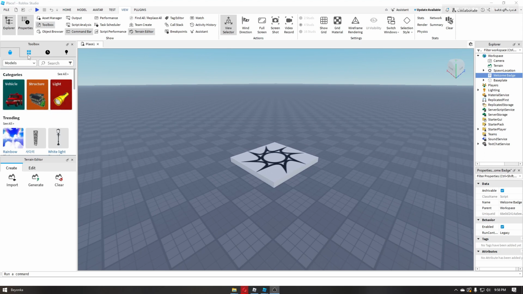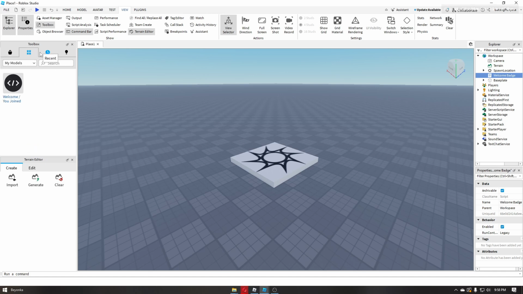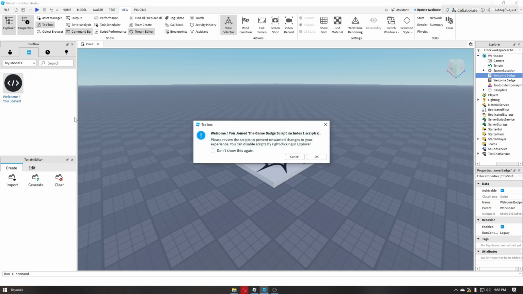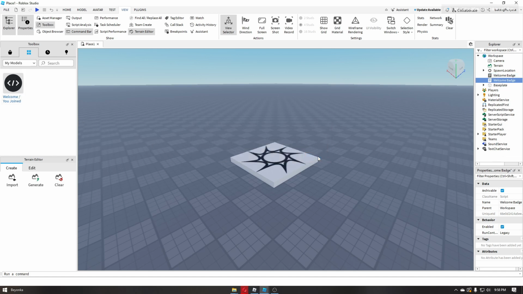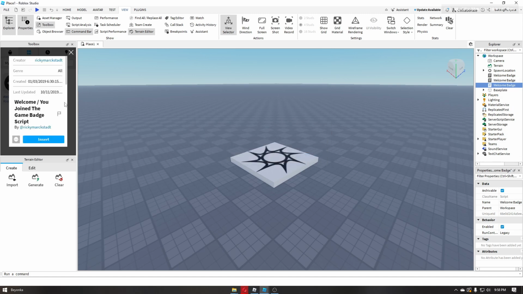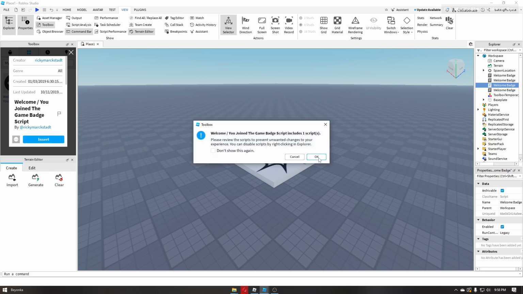So from here, you want to navigate through this button. This is basically your inventory, and from here, we can then go ahead and see the asset that we have added into our Roblox Studio. So just go ahead and click on it. Click on OK, and we can then go ahead and add this into our game right here. So click on insert, click on OK,